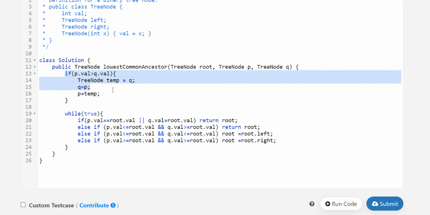So this logic: if P is greater than Q, then we'll just store the value of Q in a temporary variable and put the greater value in Q, and then put that smaller value of Q in P. So very simple.